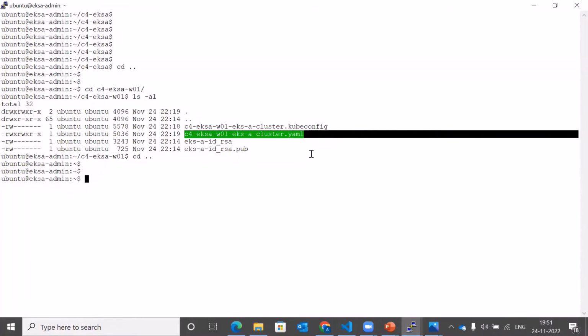So if it's a management cluster or a standalone workload cluster, you don't specify the kube config as such, right? Because the cluster's context is already pointing towards the management cluster. In this case, we will have to necessarily provide the kube config such that the changes in the YAML